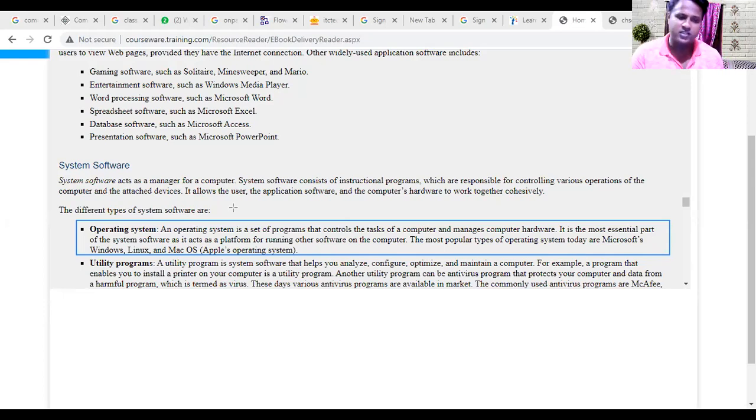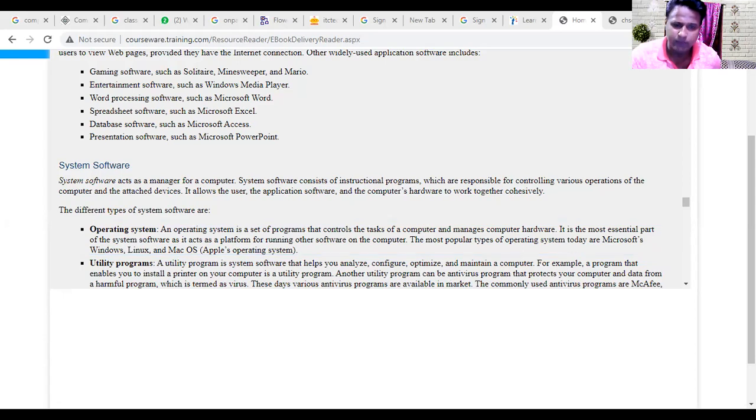Then what is the actual need of an operating system? By using the operating system, you can send information through the input devices, send information to the computer through the keyboard, display the result on the monitor, send information to your printer, then read and write from secondary storage, like your hard disk or a flash drive. Flash drive means your pen drive.